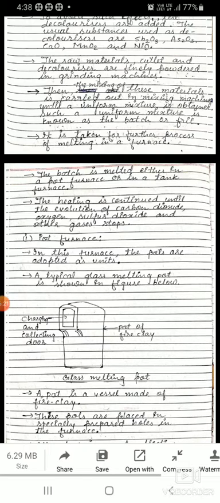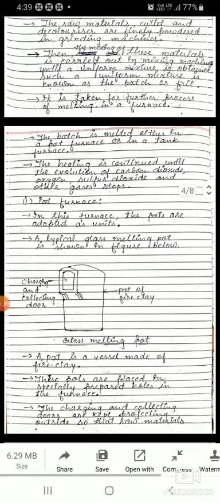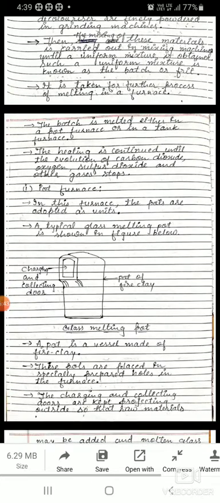Such a uniform mixture is known as the batch or frit, meaning the powdered uniform mixture of all these ingredients is called batch or frit. It is then taken for the further process of melting in a proper furnace.